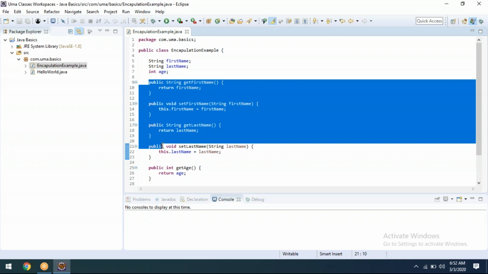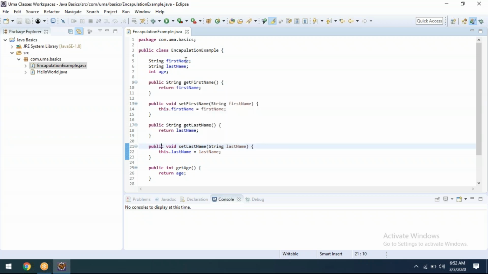Through setters and getters. For the same first name value, here I'm getting something, here I'm setting something. You're getting my point? Yes. This is wrapping: wrapping data members and member methods into a single unit, where I'm putting all the code within the class.